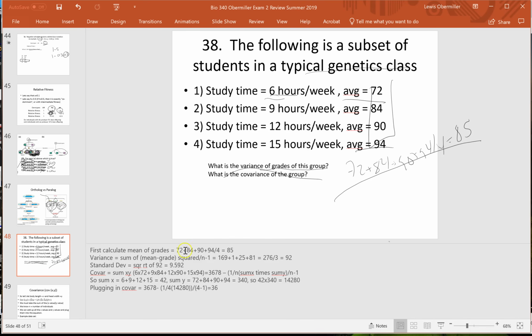But I did it here. So here's the average, right? It's 85. And then we do the variance. Remember, it's the sum of the mean minus the actual grade squared divided by n minus 1. We get 169 plus 1 plus 25 plus 81, which is 276 divided by 3, which gives us 92, which is right there. So square root of 92, that's our variance, is